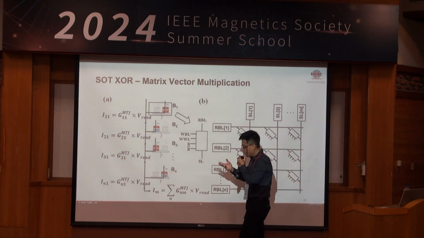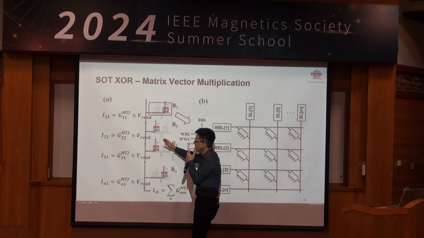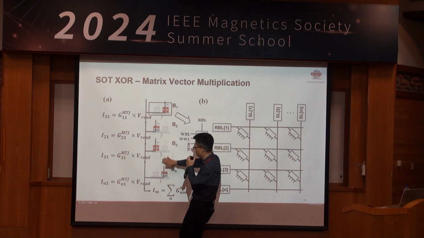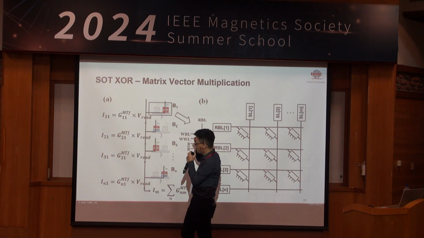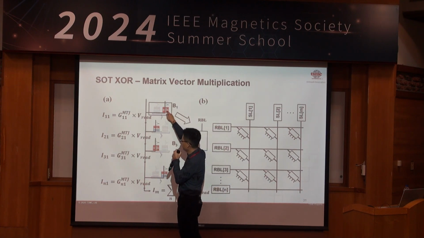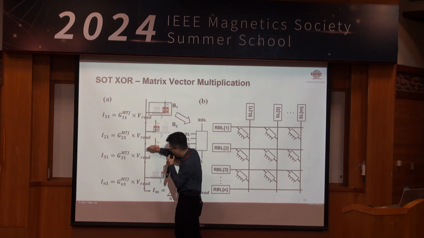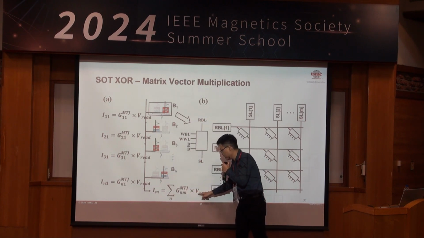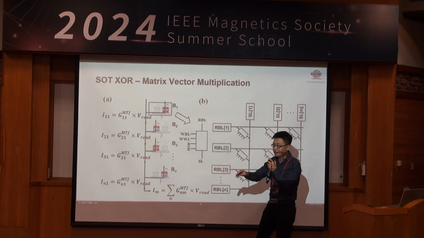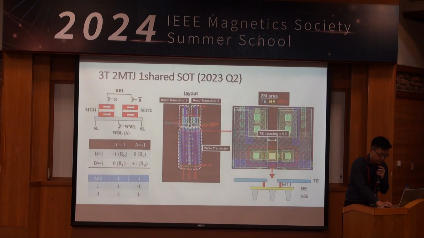So now we fabricate an array of this kind of device. Here I show 4 devices, and for each of them you have input A to write the MTJ into different states, and then you apply a B signal to read the MTJ. At the end this current will all accumulate and give you a sum of all the conductances multiplied by this V read, so that you get the MVM. And this MVM is a binary, so